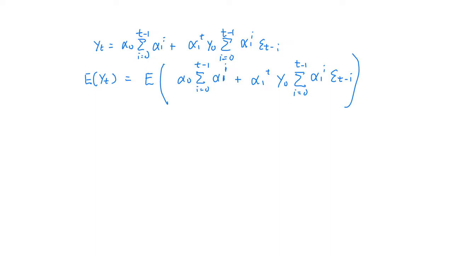So from last week, we know that if I have a random variable that looks like this, I could factor out the non-random part, right? So what will we get? We will get E